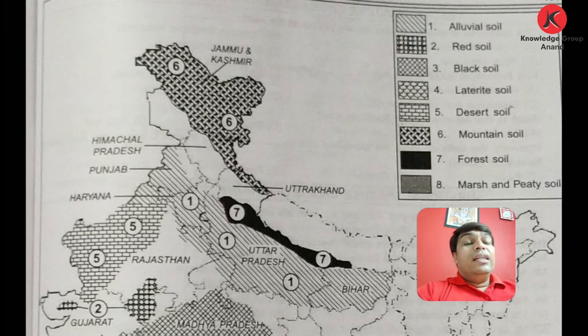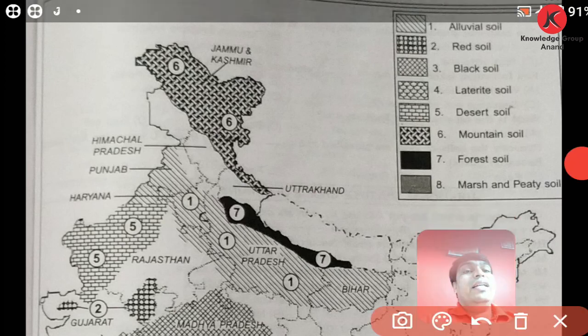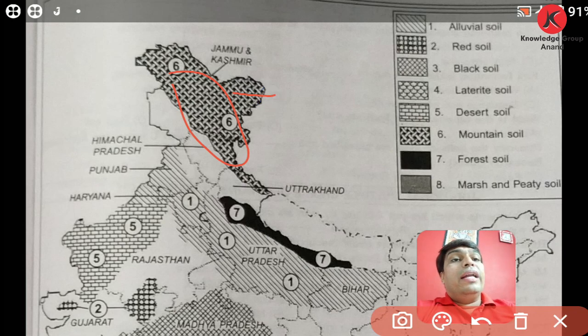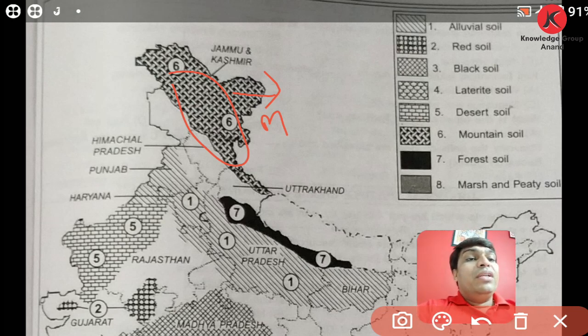So friends, here in the types of soil, you might have understood how you have to show the whole region. Friends, after showing any particular region, for example, if you have shown the mountain soil over here in this manner that is shown in the map, after that it is more recommended that you draw an arrow like this and mention over here the mountain soil. You write it over here, mountain soil, so that the examiner can easily identify and check that the location that you have shown over here in Kashmir is about the mountain soil.